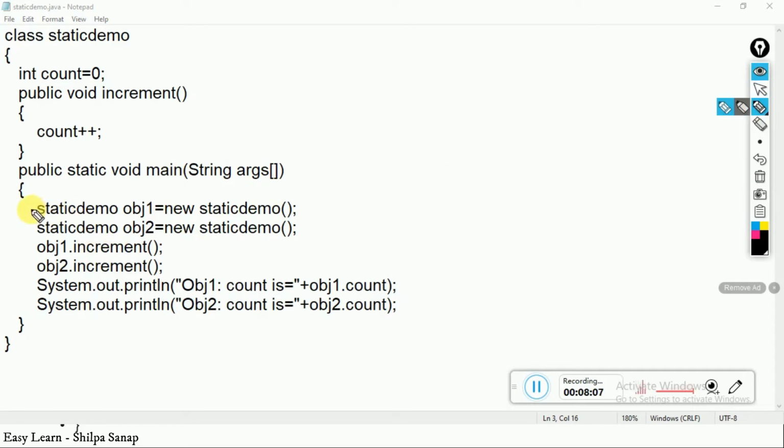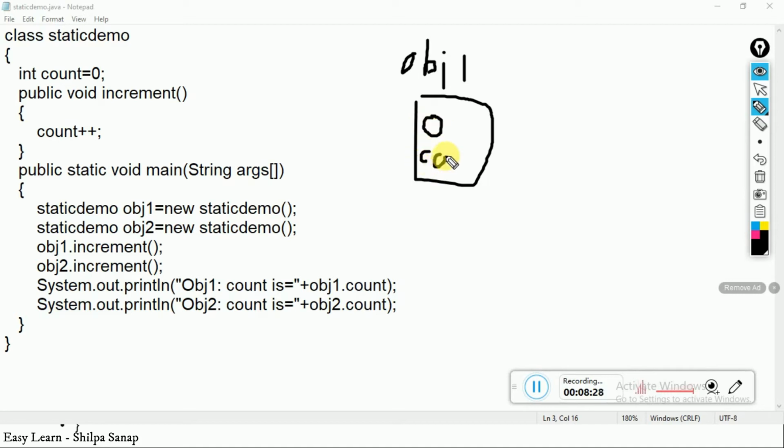Suppose the first statement gets executed. Then in memory you will get one object called obj1, and for this object you will have a count variable with the value 0.